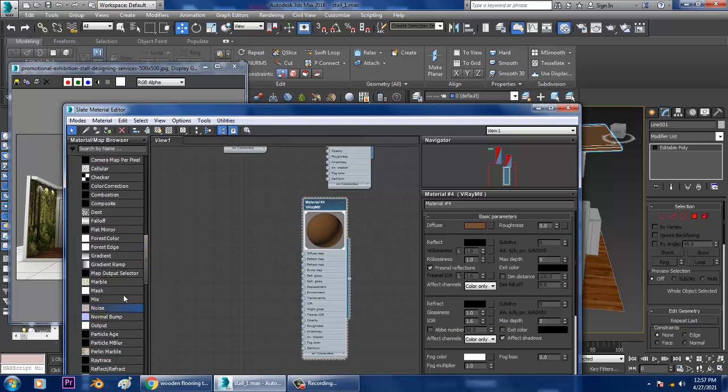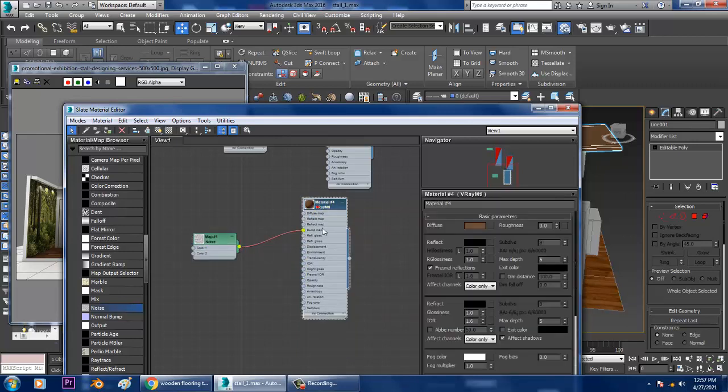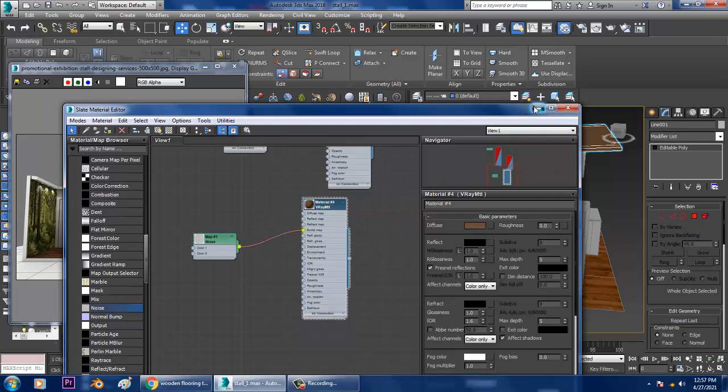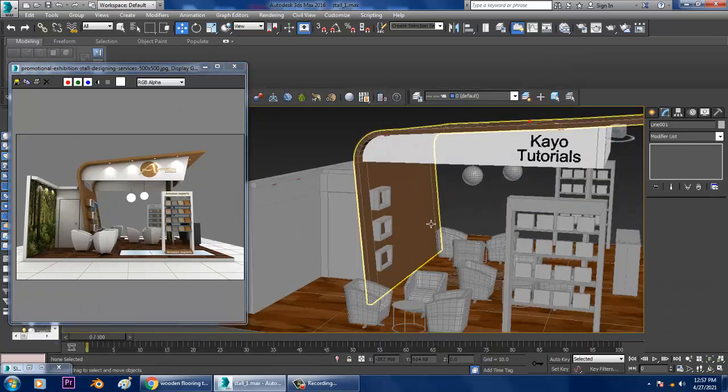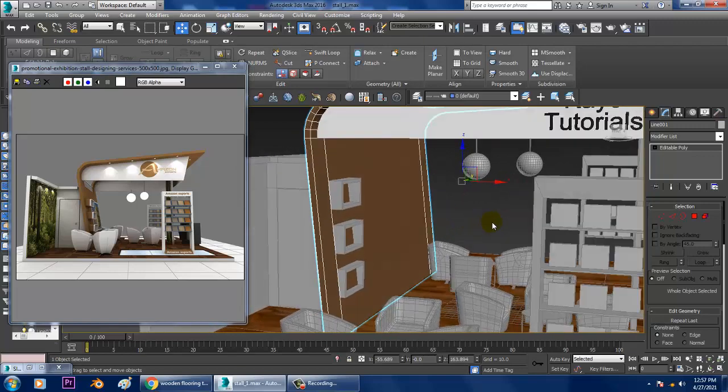Let's connect this noise with the bump map. Select the noise, make it fractal and set it to 1. When you render it, you will see that particular effect accordingly.